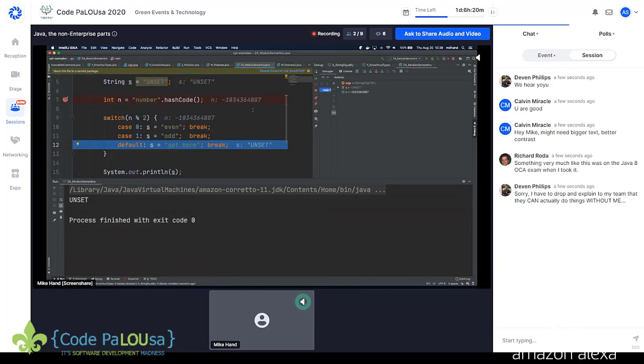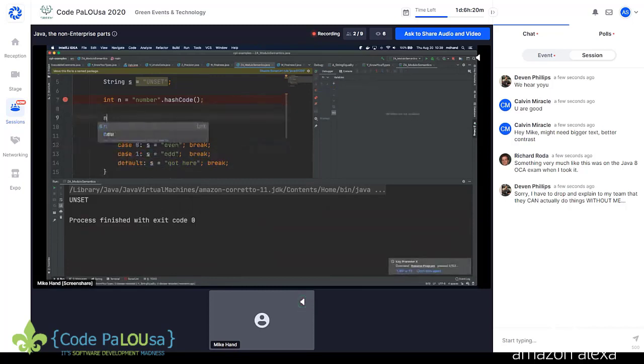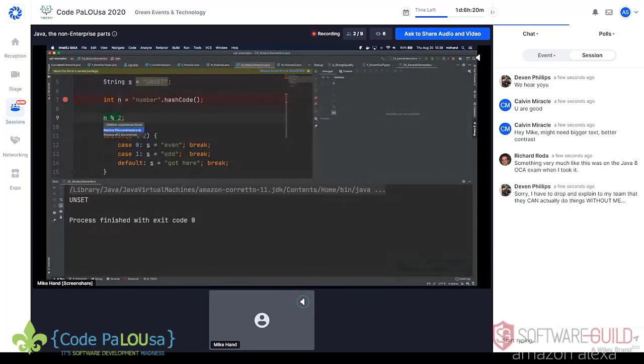So when we take a negative number and we do what we typically call the modulo operation on it, we're not going to get the output that we expect.